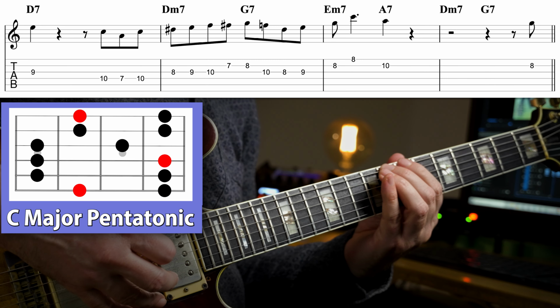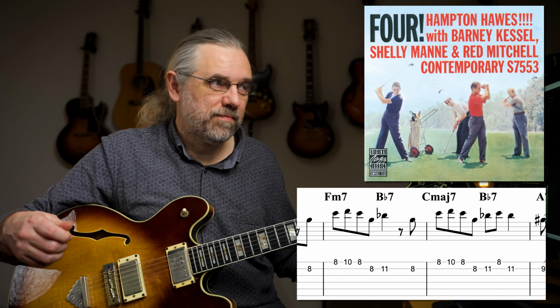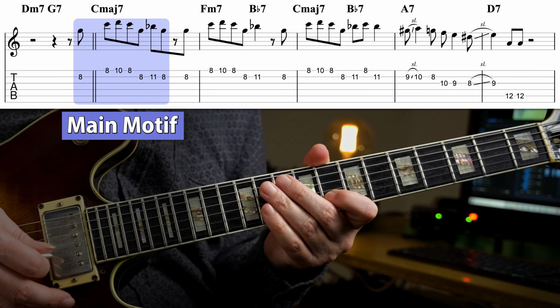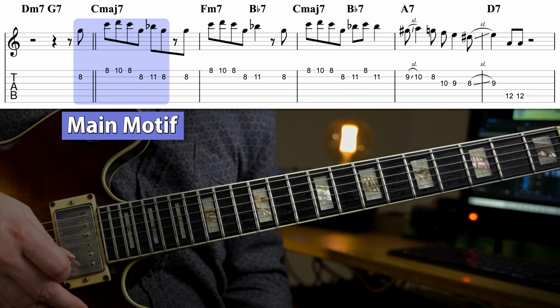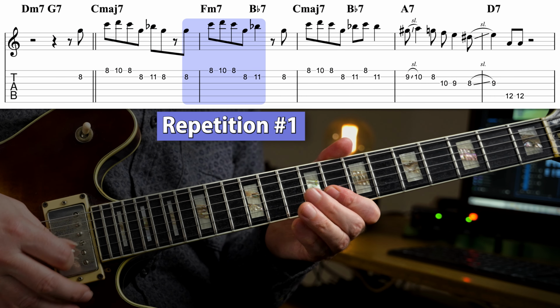He sticks to the blues and uses a repeated riff which works perfectly on top of the changes. And notice how much variation he also has in his phrasing here. And here he's changing the ending of the repeated phrase to develop it every time. So we have this as a main motif on the C major 7, then he plays a shorter version in the second bar on the F minor 7 B flat 7,